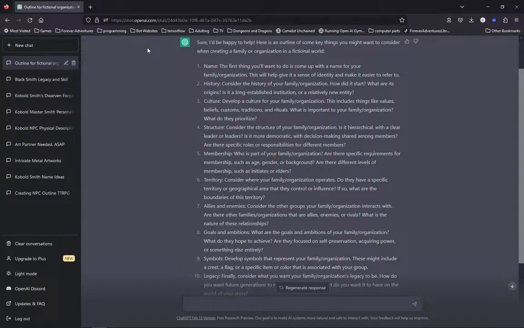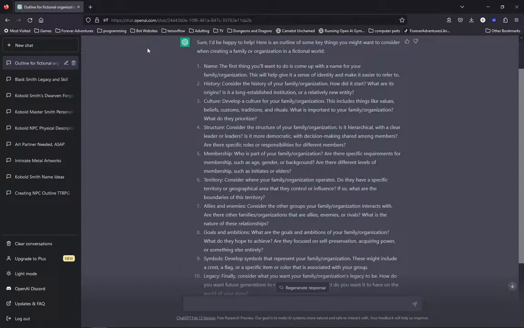Is it a patriarchal family? Is it a matriarchal family? Is it a family of orphans? And so now it's just a bunch of teenage or early adolescent kids running around doing the best they can, trying to survive after their family was killed or something like that. Whatever it is, this is where we're going to build that structure, and we're going to decide exactly how they make decisions collectively.